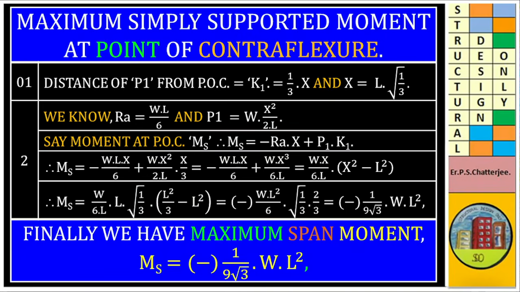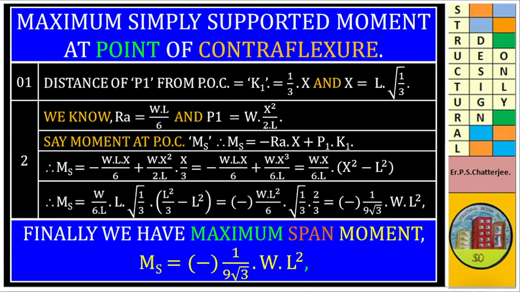We know RA is equal to WL by 6 and P1 is equal to Wx squared by 2L. So, the moment at the point of contraflexure is MS. Therefore, MS is equal to minus RA into X plus P1 into K1. Therefore, MS is equal to minus W into L into X divided by 6 plus Wx squared by 2L into X by 3. So, it is equal to minus W into L into X divided by 6 plus Wx cubed by 6L,